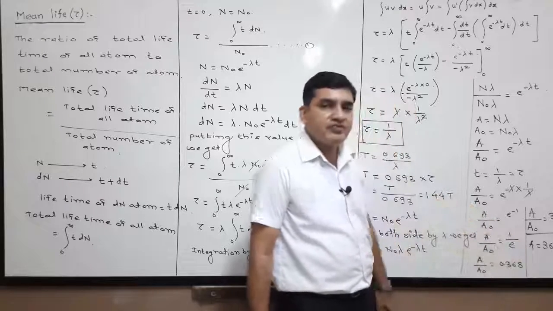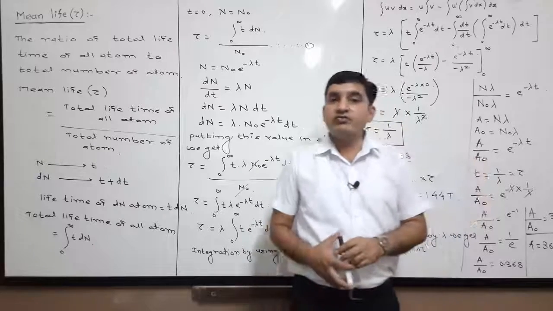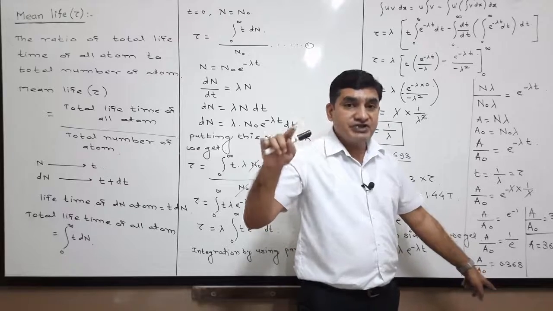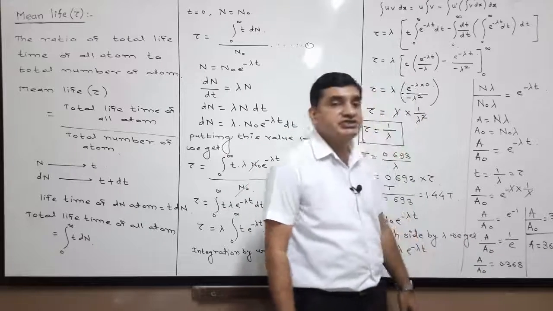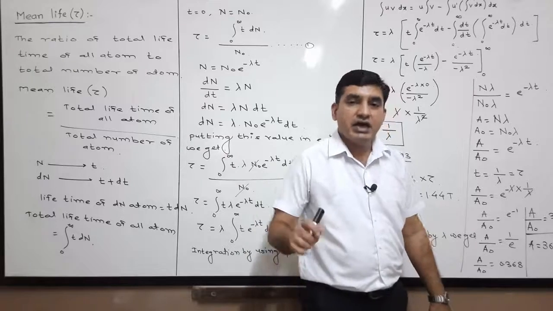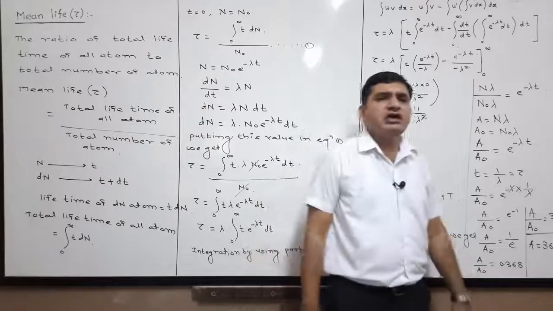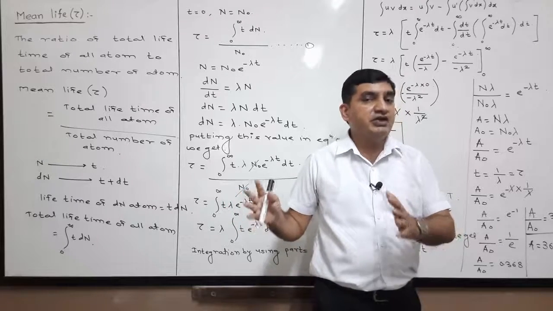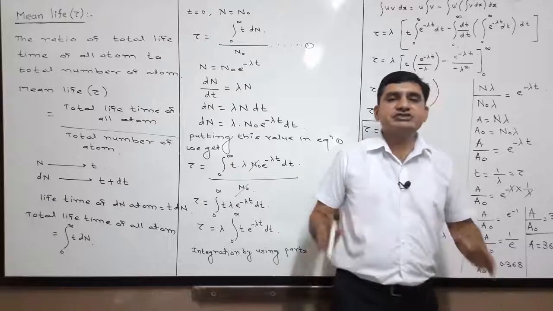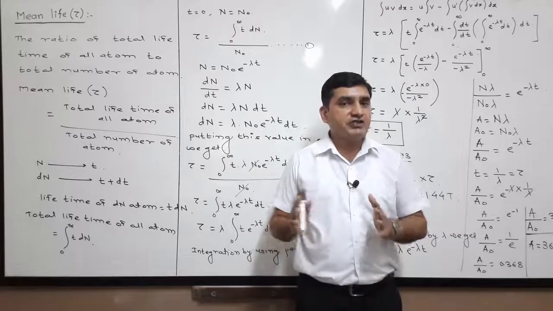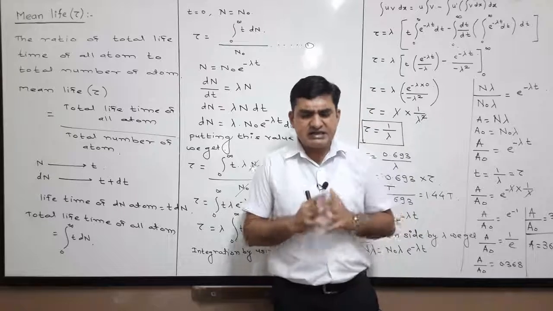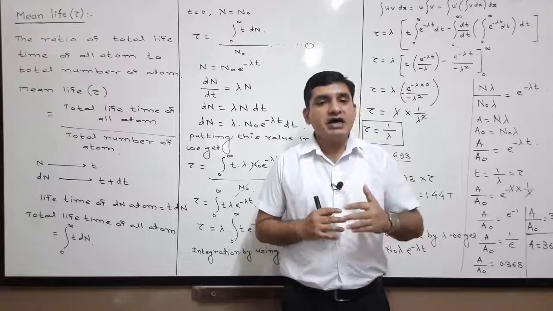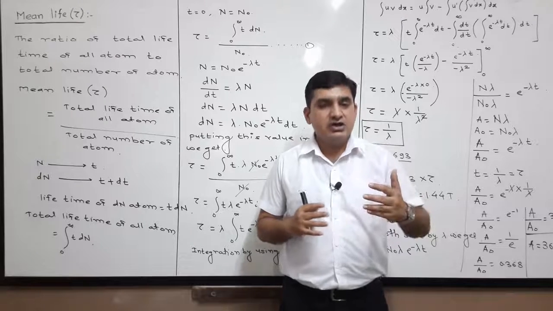Putting the value of e, it is 2.718, and the reciprocal of 2.718 is 0.368, and therefore A upon A0 is 36.8%, or simply A is equal to 36.8% of A0. Therefore we can say that mean life is the time required by a radioactive substance for its activity to become